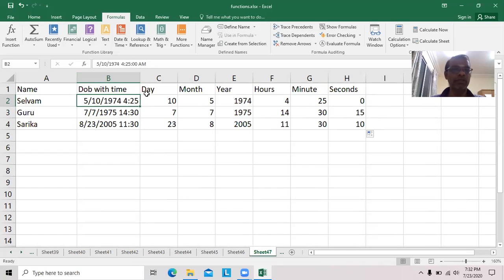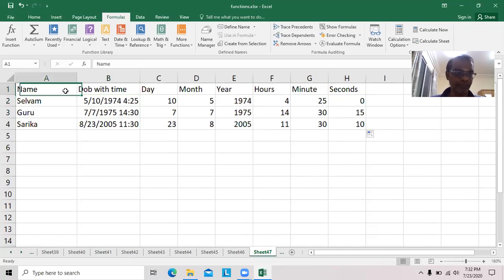That's all. Day returns only the day, month returns the month, year returns the year. Similarly hour, minute, second. Consider we have one date of birth along with the time as a single unit, and we are extracting the different units here.